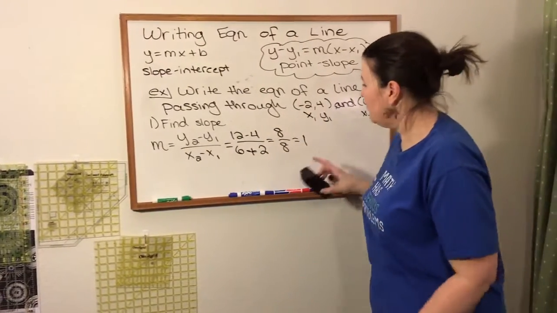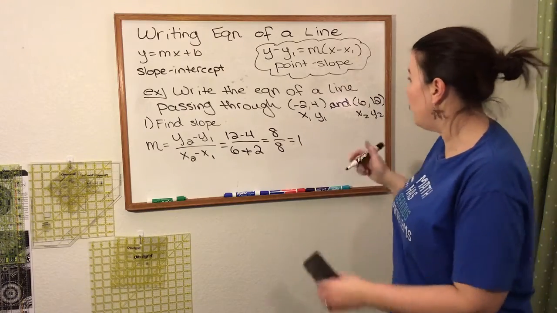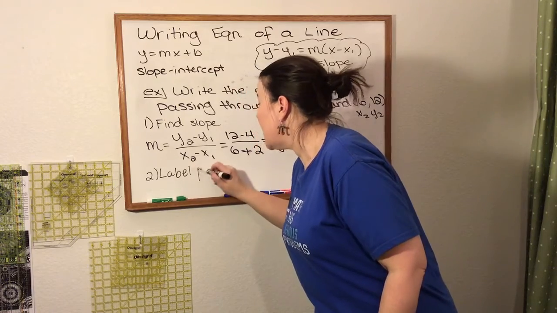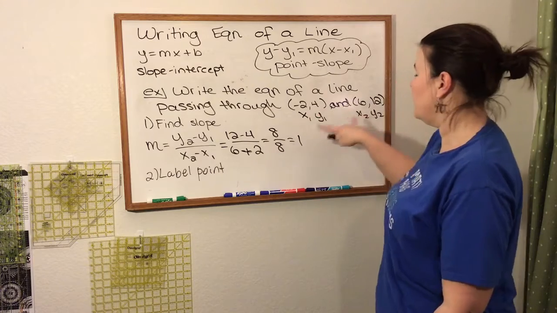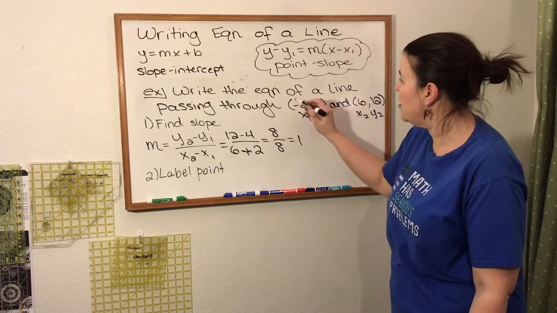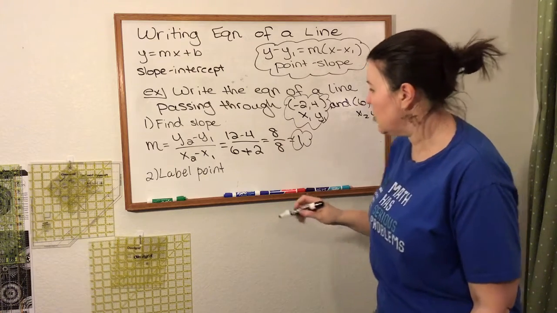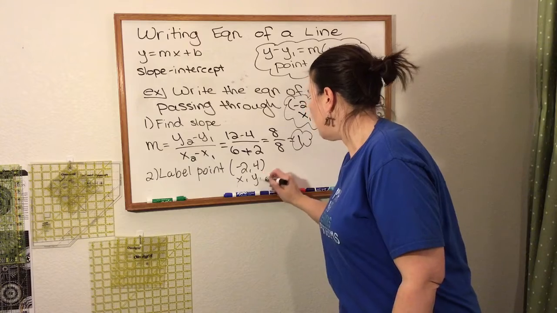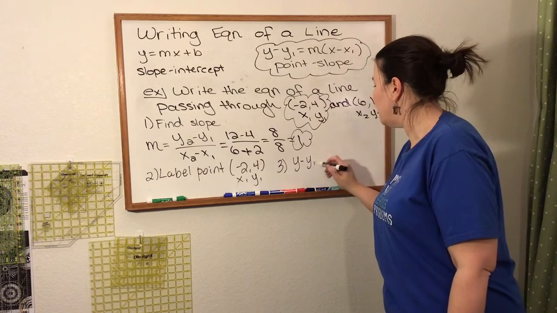So now that I have my slope, I'm going to go ahead and use a point. So step 2 is to label your point. And the nice thing about this, once again, is you can use either of these 2 points. I'm going to use this one because it's already labeled as x1, y1, and then I'm going to use my slope. So I have the point -2, 4, which is x1, y1. My step 3 then is to go ahead and use the formula